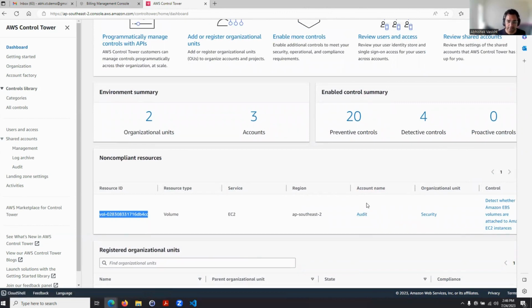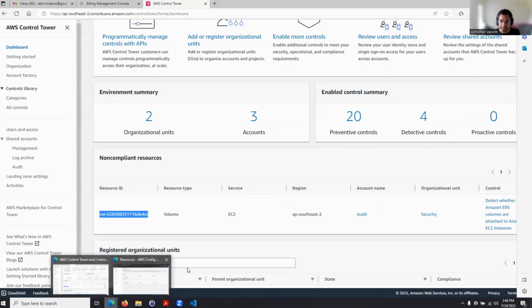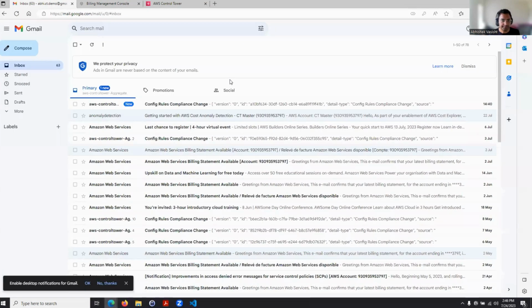Based on this, we can take actions to remediate this issue. In addition to this, we should have received a non-compliant resource email at our email address. As you can see here,